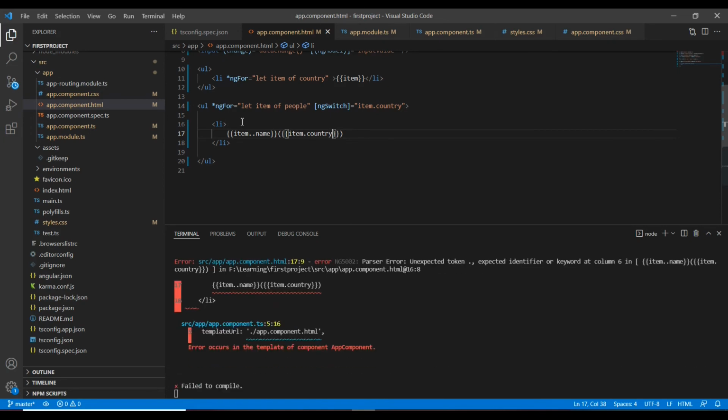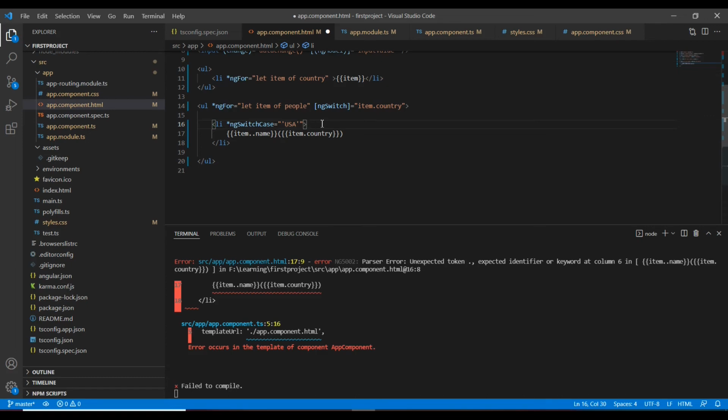So in the NgSwitch, basically we have the NgSwitchCase and NgSwitchDefault. First, let me add the NgSwitchCase. So USA,